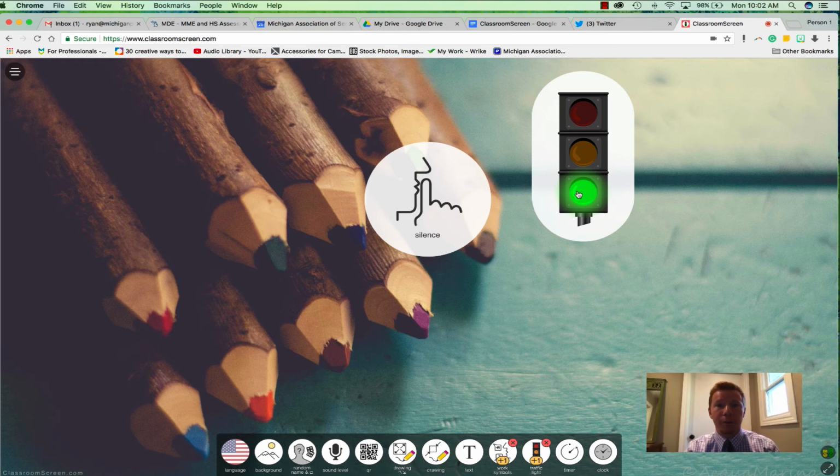You're ready to take off with the learning at your own pace. So that would be the traffic light feature. And then finally, the last two items